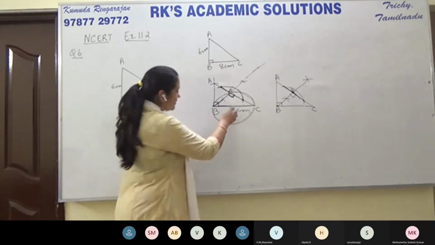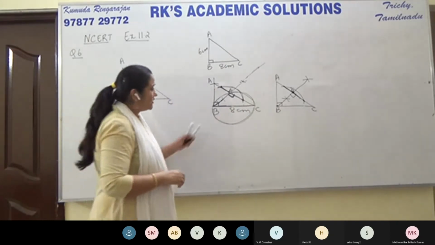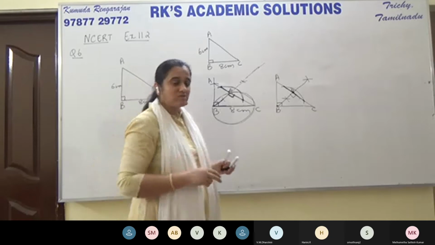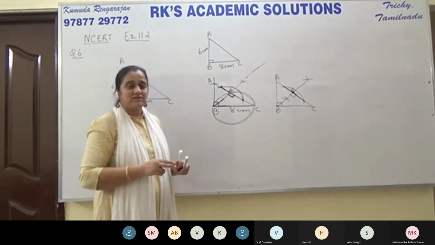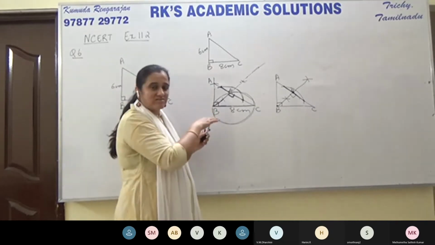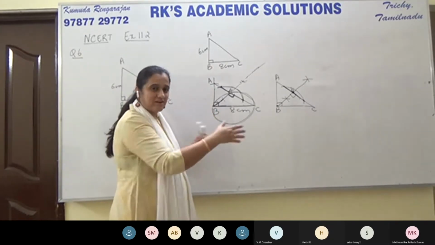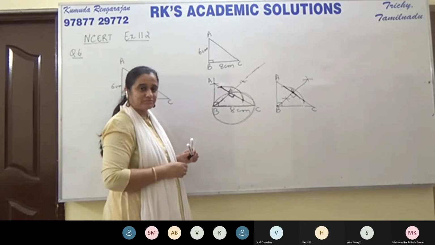And which is the center? The midpoint of BC is the center. So now we got our answers. So now we need to find the mid. Now all this is to draw a circle passing through the points B, C, and D. So this is that imaginary circle, before constructing it in the rough work, passing through B, C, and D.